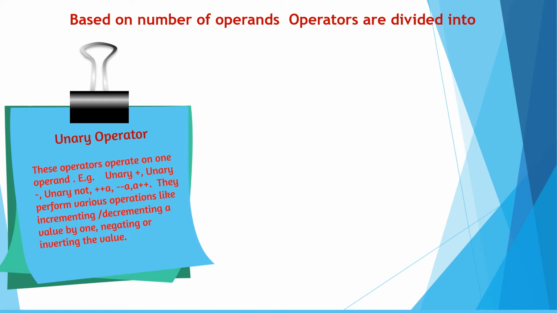So now unary plus we can discuss first. If a number is without sign, for example 10, by default it is positive. Same like this, a or plus a means the same thing. If a is 5, plus a means 5. If a is minus 5, plus a means minus 5. And the second one is unary minus. It will give the opposite sign. If a is 5, minus a means minus 5. If a is minus 5, minus a means 5. Minus into minus will give the positive number.